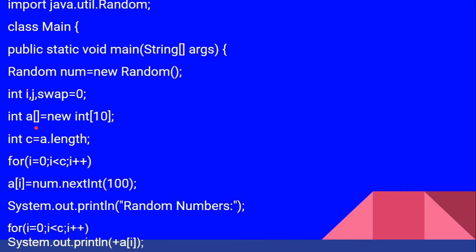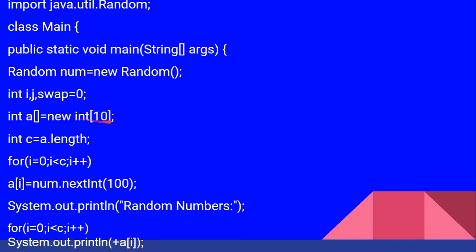So this is an array a which is of integer type. How to create this integer array? Using the new operator, which creates the set of integer elements. Here the size is given as 10. That means this array will have a maximum of 10 elements. The array name is a. So int a is equal to new int of 10.